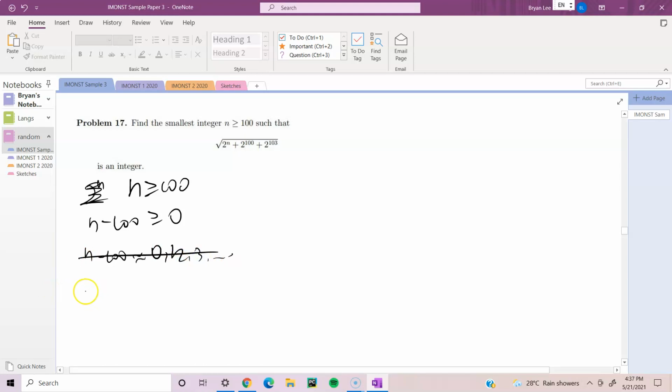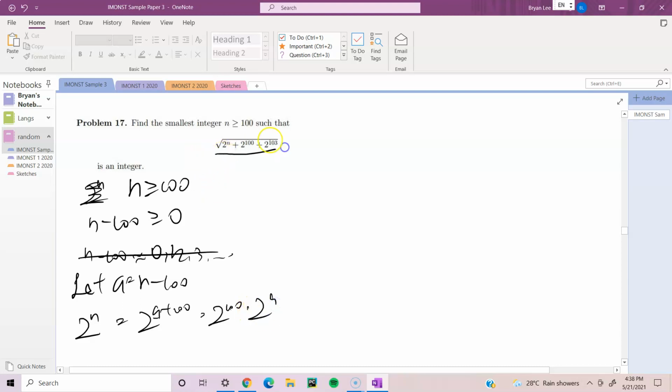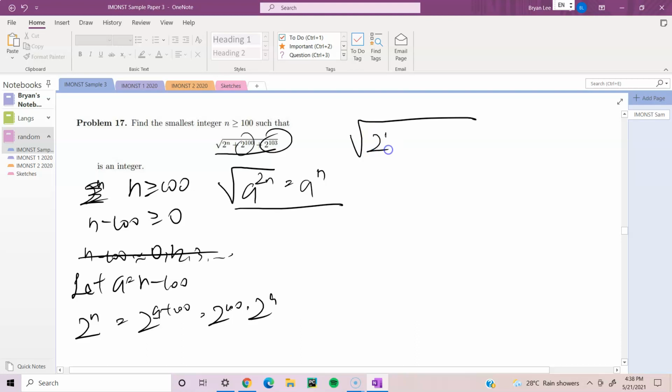So we could say, let a equal n minus 100, right? So 2 to the power of n equals 2 to the power of a plus 100, because this is n minus 100. It will become 2 to the power of 100 times 2 to the power of a. Now, you can see that we also can take a 2 to the power of 100 out from this, right? And we also know that any number a to the power of 2n, if we put it in the square root, will give us a to the power of n. So this thing, 2 to the power of n plus 2 to the power of 100 plus 2 to the power of 103, is equal to 2 to the power of 100